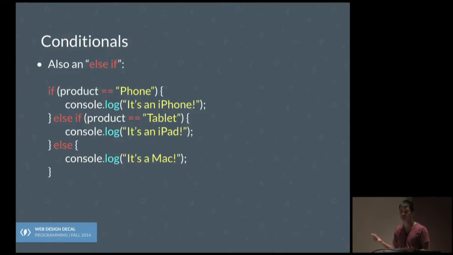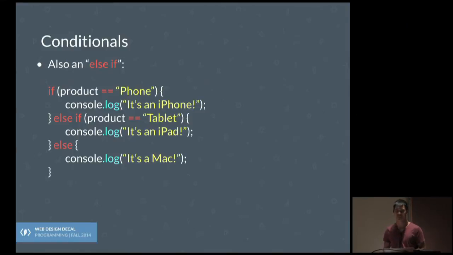It could be false. If it's false, then it'll move on to the next case and check if that variable product is instead tablet. And if that variable product has the string tablet in it, then true, else false, and it'll just move down like that. So those are Booleans, and we're about to go into how Booleans can look, because I know this doesn't quite look like true and false like how I initially put it.